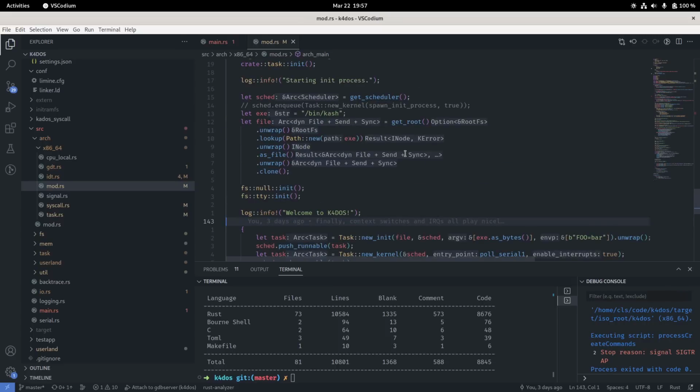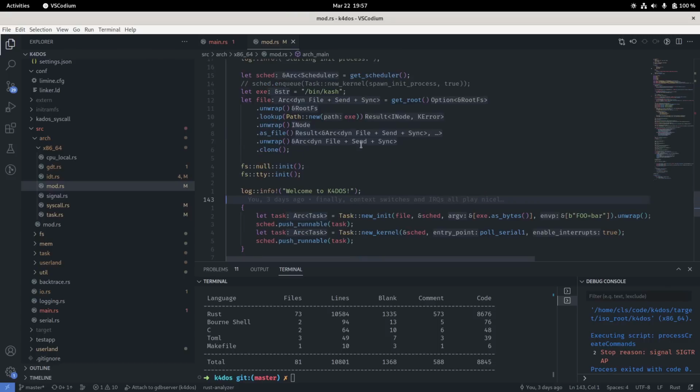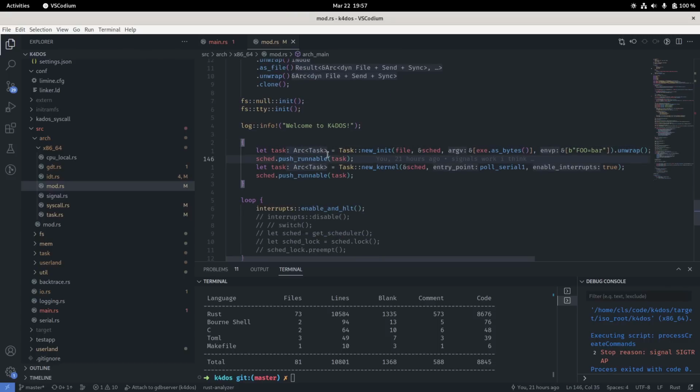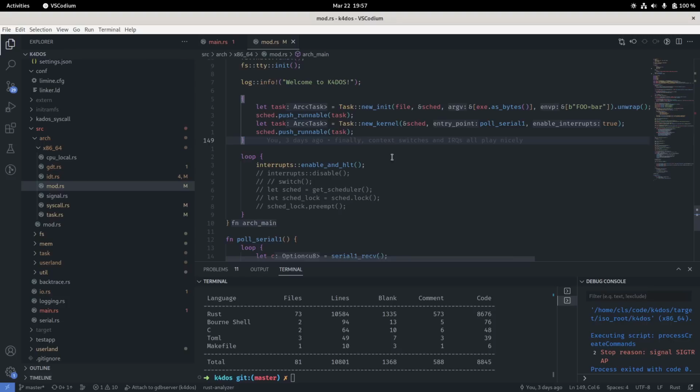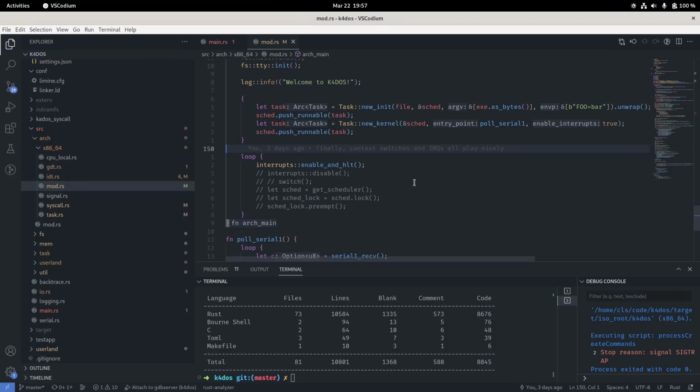So yeah, here's where we actually start up the init process. This just loads it, but this is where it actually starts up. It's pushed into the scheduler as a runnable program, as a runnable task. And we also start up a kernel thread to poll the serial 1 input, basically. I use 2 serial ports in the emulator, in QEMU. One is for logging, the equivalent of your dmesg in Linux, and the other is for